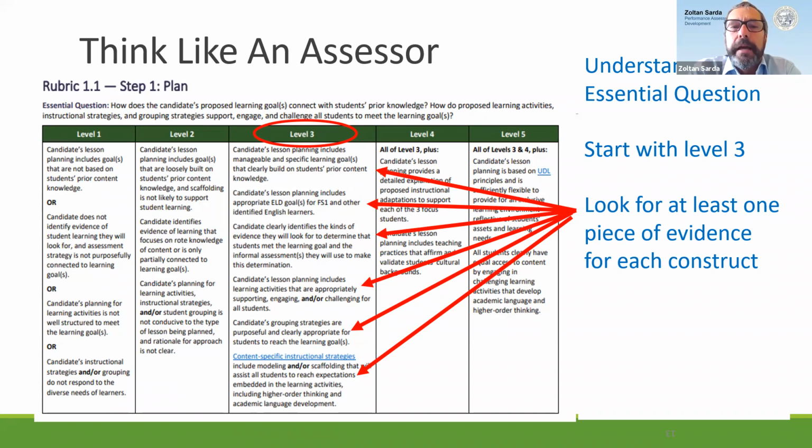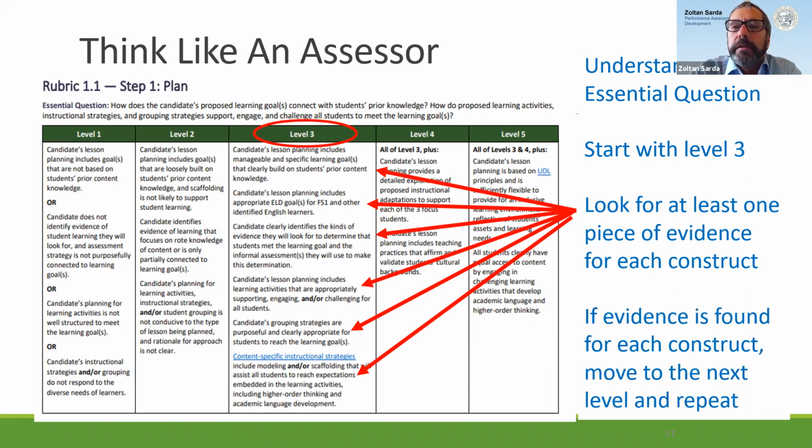I actually really think it's helpful for candidates to just go through this work, go through this process with their own work and with supporting others, their colleagues. Can I add something, Zoltan, real quick? Yes. In addition to understanding how an assessor scores these submissions, this rubric work is really great for candidates